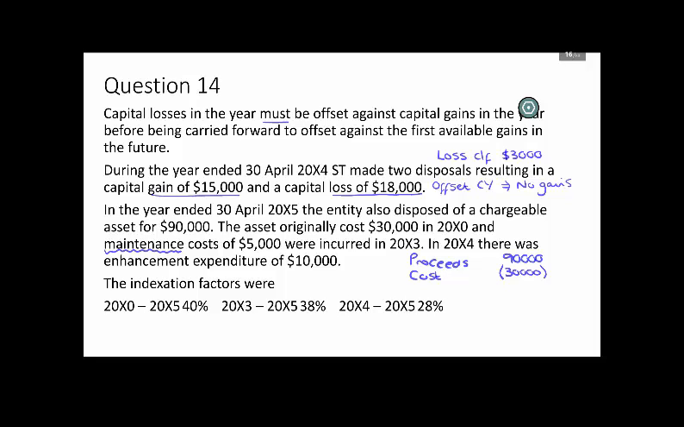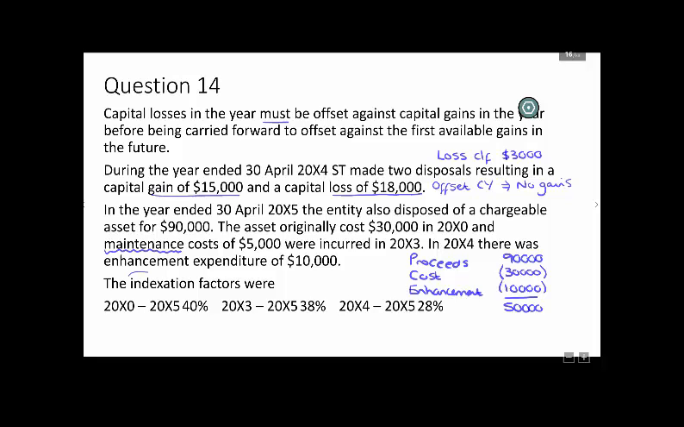Whereas in 2004, there is some enhancement expenditure. That's some kind of improvement. So yes, we would deduct that $10,000 cost. Initially then, that gives us a gain of 50,000, but we haven't quite finished because we need to go and